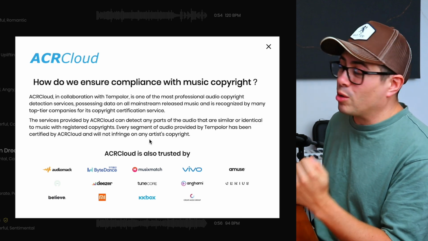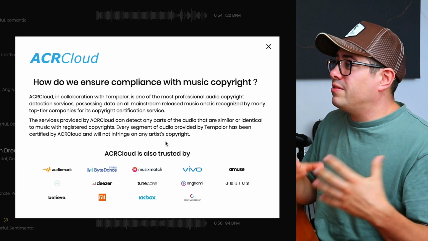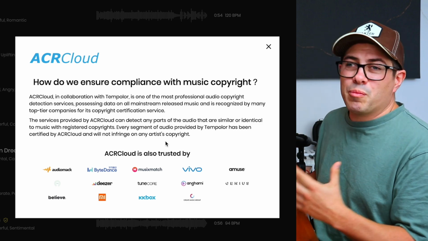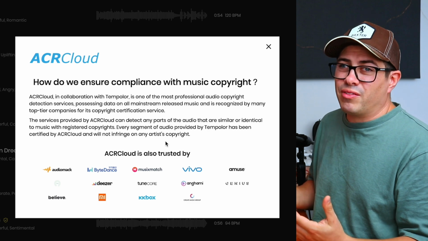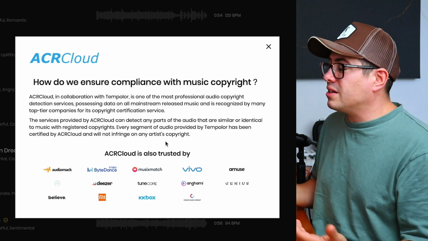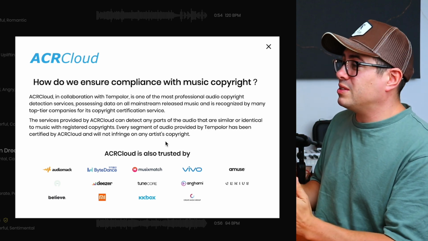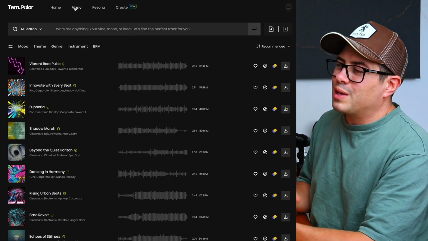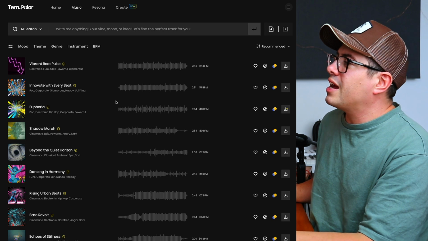on any artist's copyright. So that's super important, especially if you're making stuff like YouTube videos and you're monetizing them. You really don't want to have background music that's going to cause copyright flags and stop your videos from being monetized. So that's a really big positive that TemPolor have this up here and stand by the fact that none of this is copyright. Okay, so let's just say that you can't really find exactly what you're looking for here